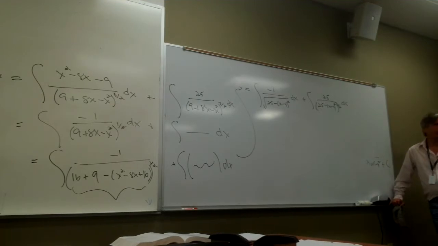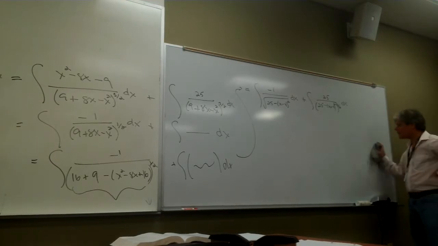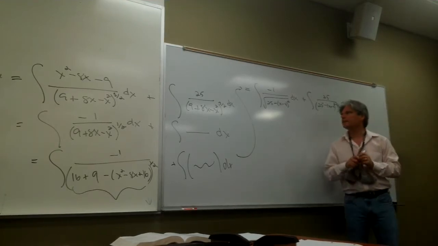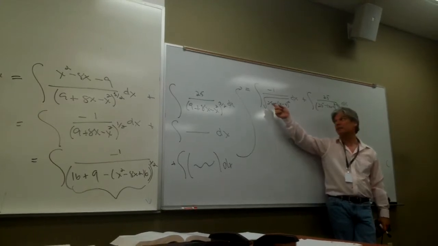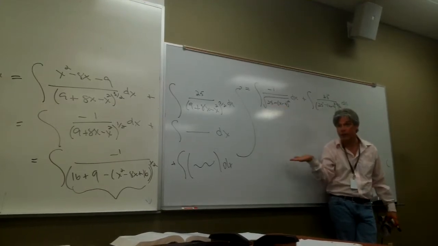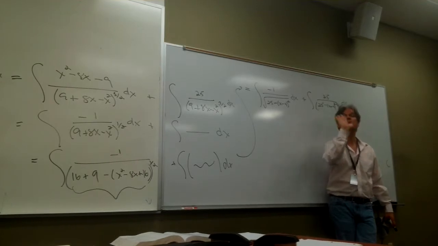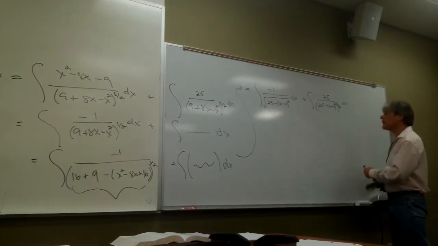I want a yes or no answer. Is this going to be a piece of cake? Pretty much. Yeah, I think so. Because at this stage of the game, let's put on some special glasses. Let's think of x minus 4 as z. It's sort of like I got the difference of two squares, 25 minus z squared. Doesn't that just scream out at you that I should allow z